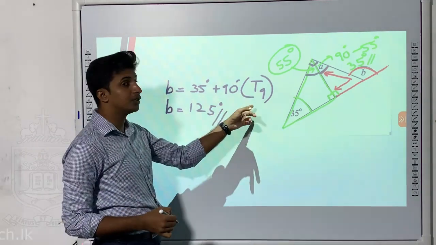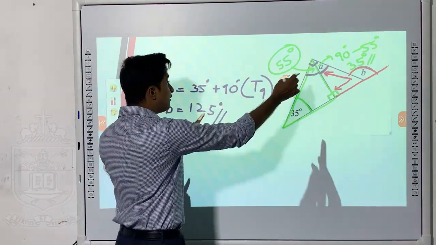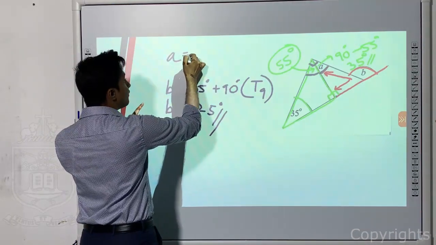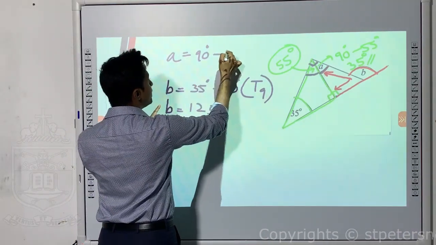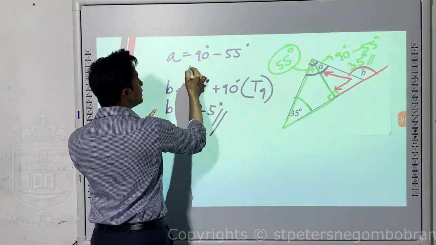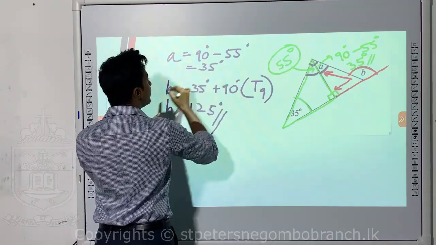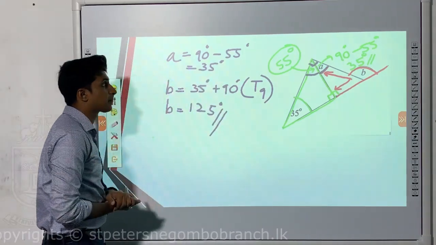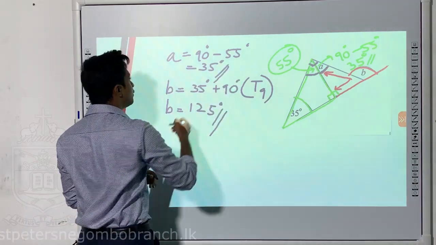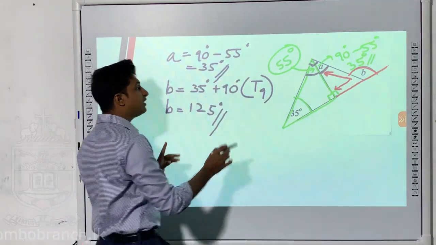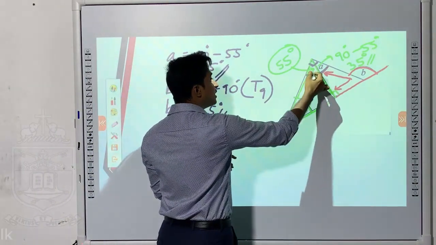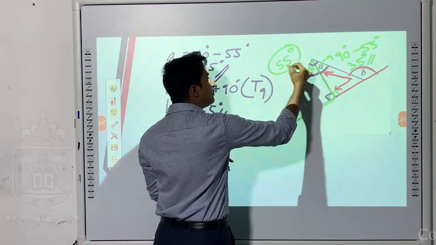That we have taken again through the t value. Why? Now the a value also you write down, because they have asked you to find the a value also. So that is 90 minus 55, that is equal to 35. Okay, so these are the two values for a and b. A we have taken very simply, this is 35, then this is 90, then this should be 55.